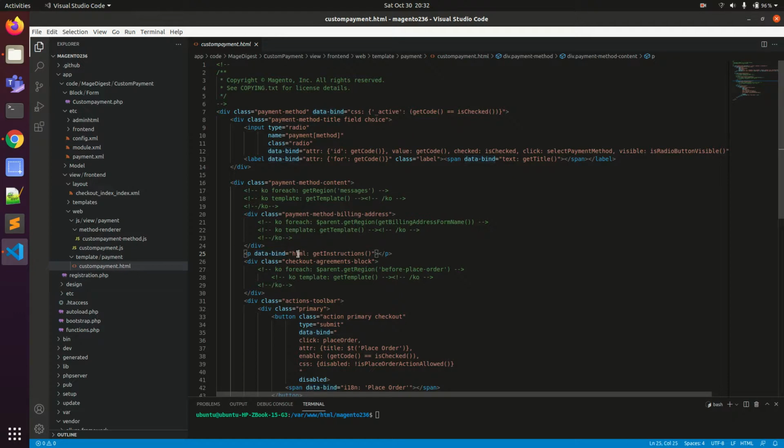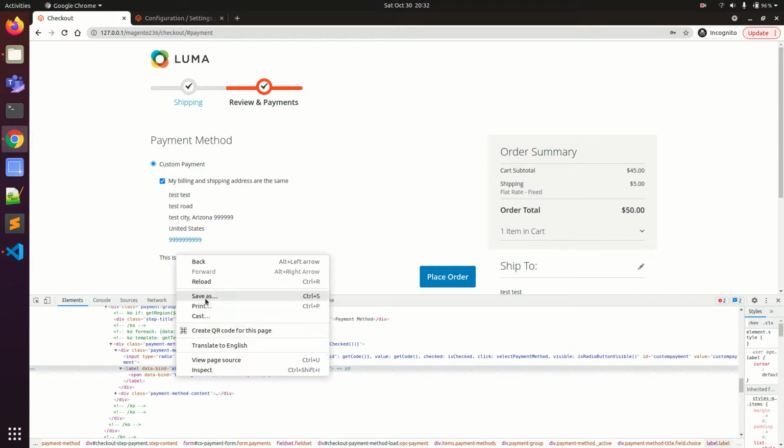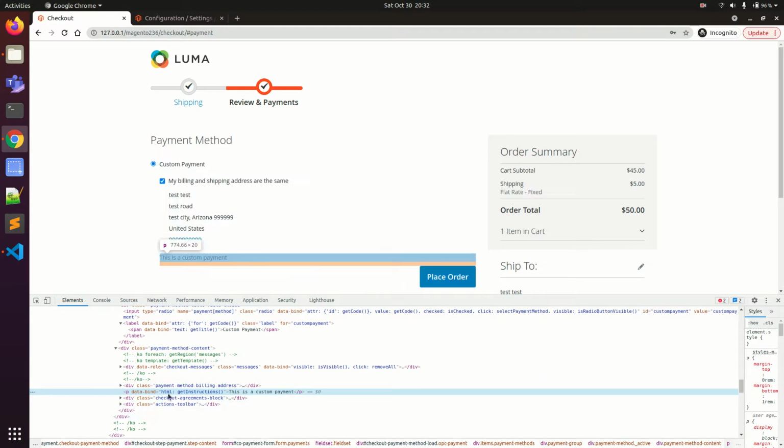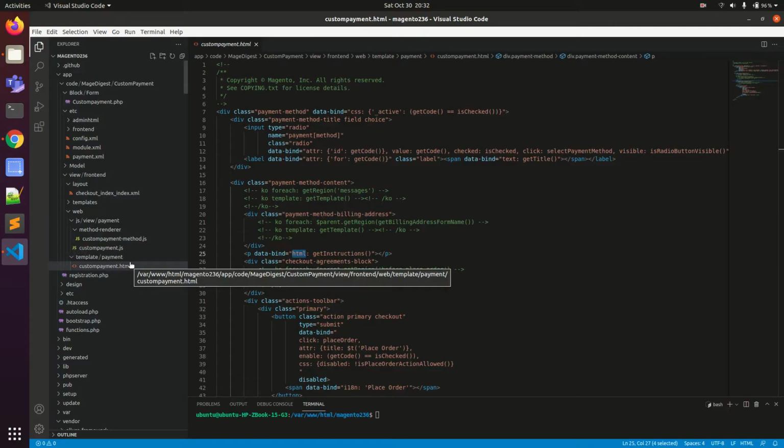So here, get instructions, it is trying to bind the get instructions values to the HTML. If you go to this custom payment method, see instructions, this is a custom payment. The same thing it is trying to bind over here.